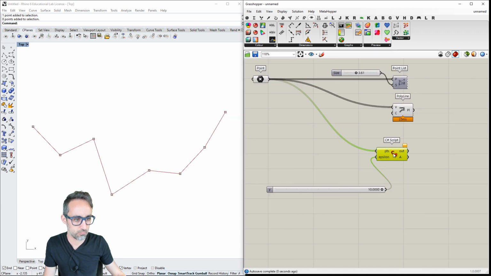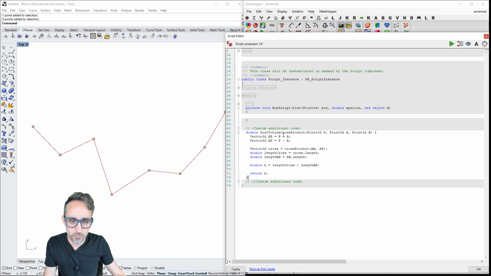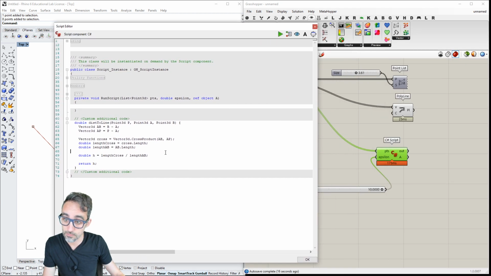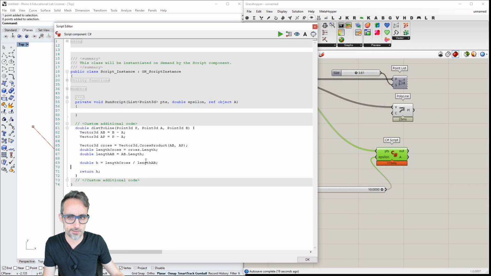So distance to line, we're going to simplify the name a little bit, and then here we're going to go back to Vector3d.CrossProduct, which is part of RhinoCommon, and we're going to start off with this code.